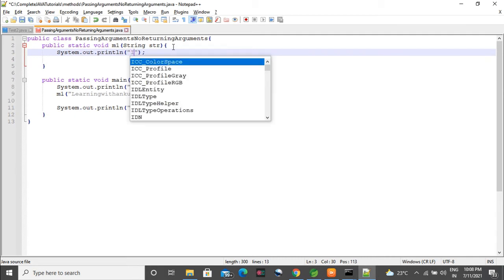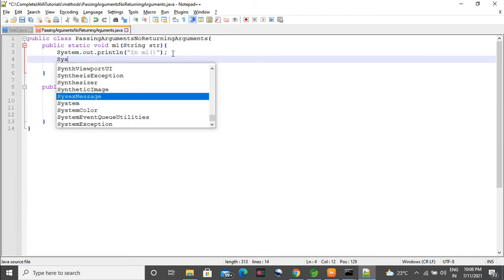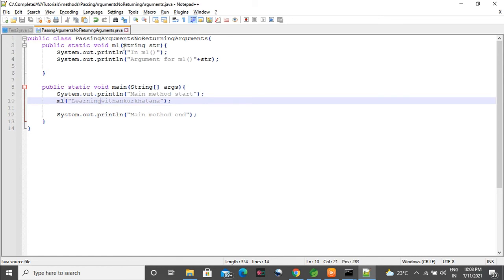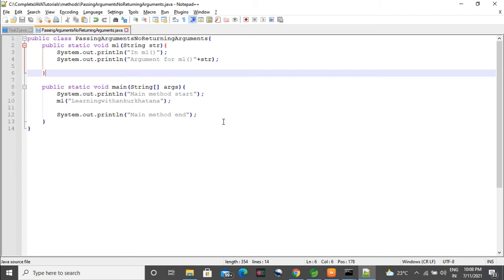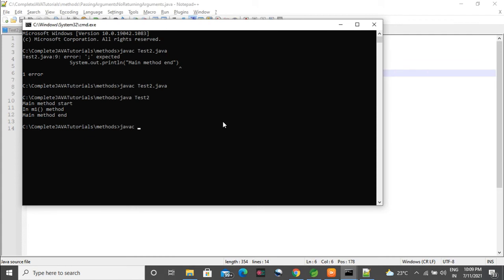So now we will do one declaration statement here in the M1 method. We will simply print this parameter which we are getting, so that we will come to know whether we are getting the same data or there is some difference. Okay, so arguments for M1, and it will be str, because see what is the variable name we have given, that is str, String str. Okay, yeah, so we will just type it there. So we'll compile it. I think it should compile successfully.